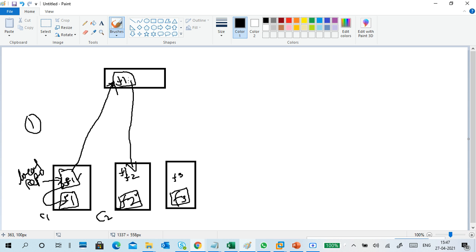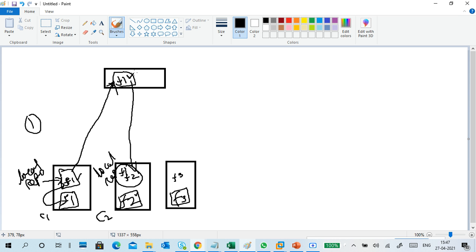Understand? F1 file went to the central location. Now what did I do? I took the F1 and I added F2 and created a repository here. The thing located here is always called the local repository.